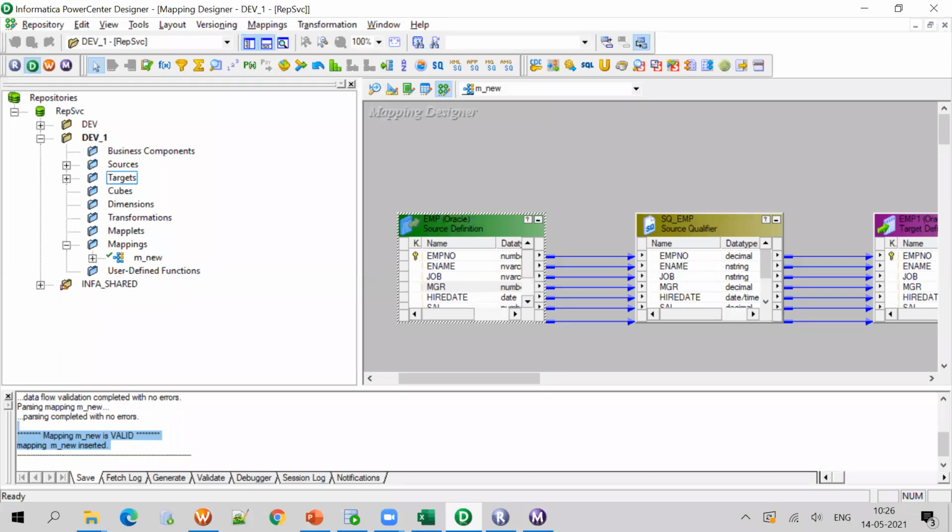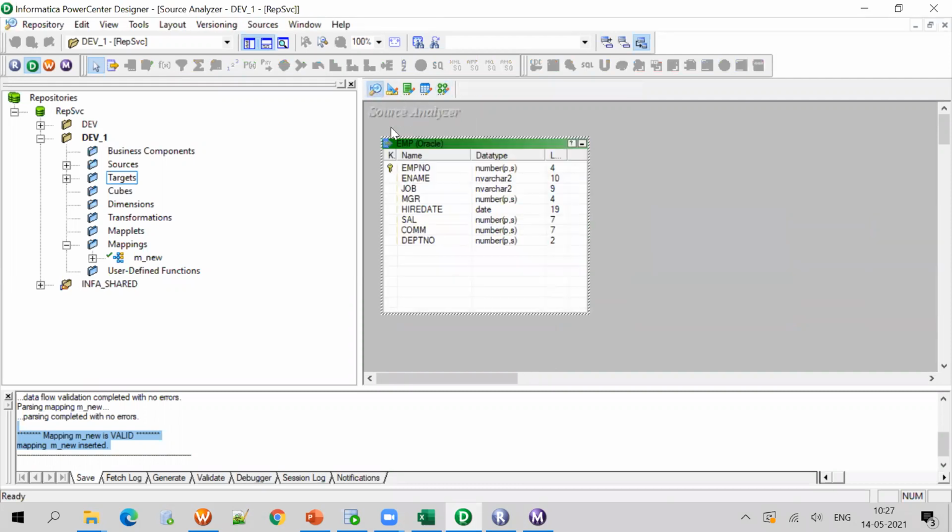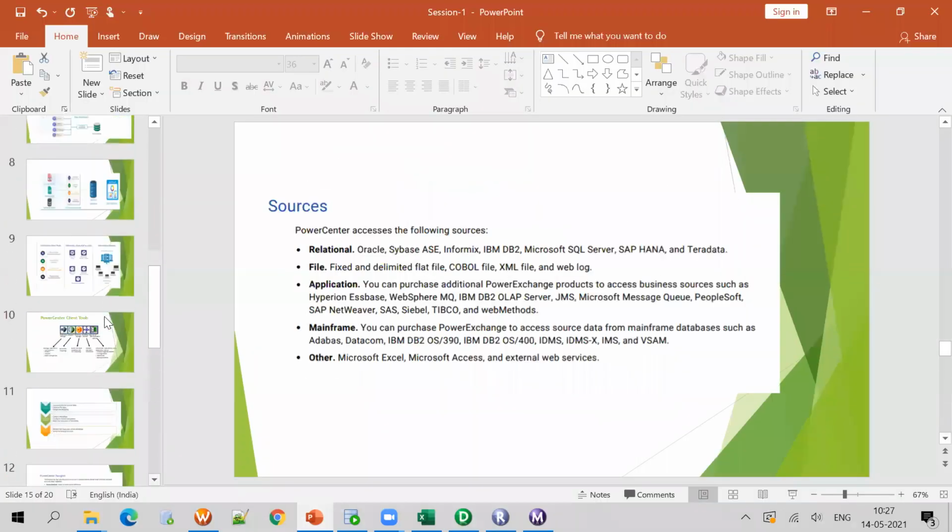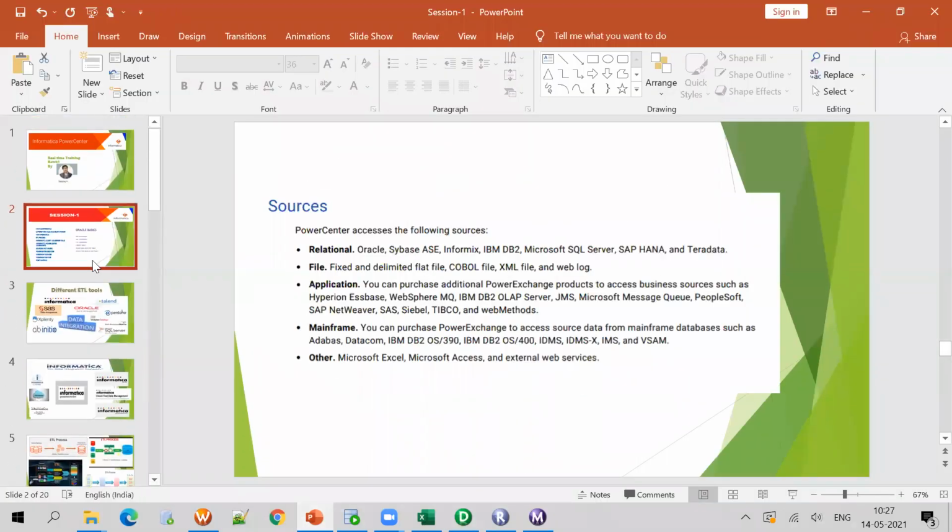Today I just want to give a brief that we need to create a mapping. That's why I went a little fast. But later, what are the types of sources, the types of targets, how we will create the target manually, how we will import the target, how we will create the relational connection, how we will create the ODBC connection, everything I will explain to you. Don't worry about that. This is our Informatica session today. So do you have any doubts?